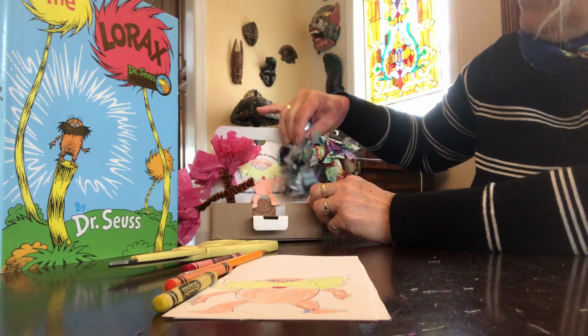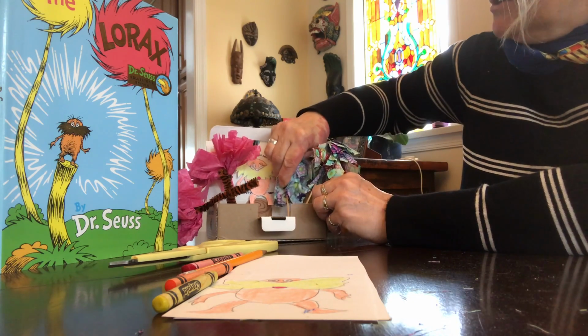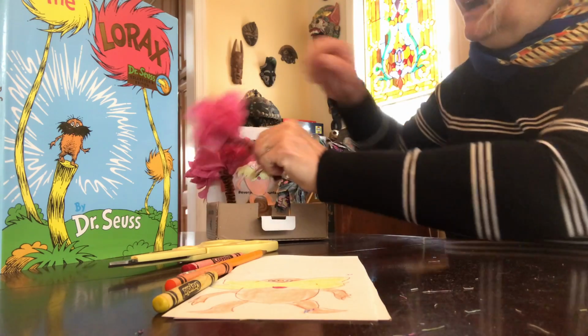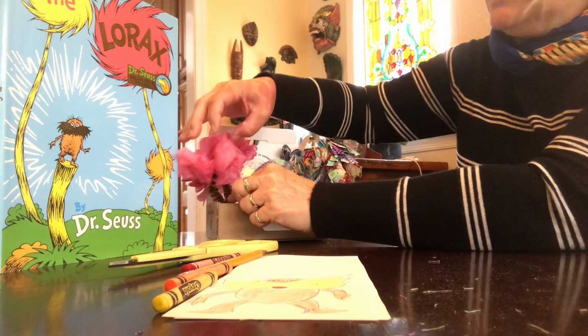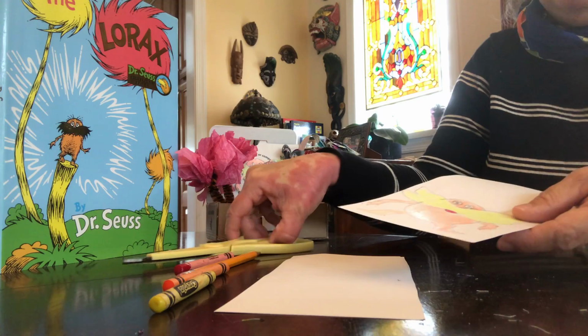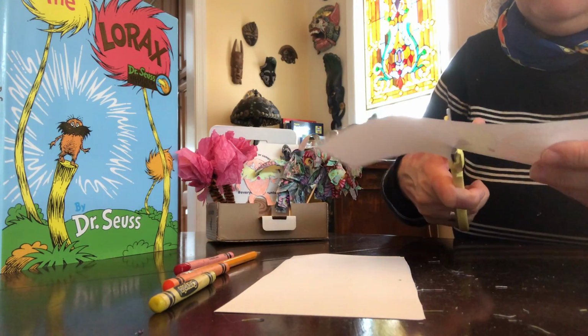Now I found this box, and you know I recycle little boxes where my laundry detergent comes. So I'm putting the truffle trees right there with the Lorax. You can just do it on a piece of cardboard, just a flat one. It doesn't have to be a box. And then you cut this one out, the Lorax,